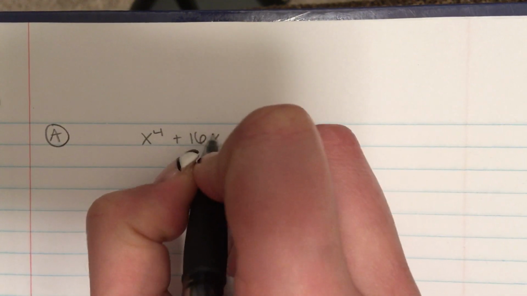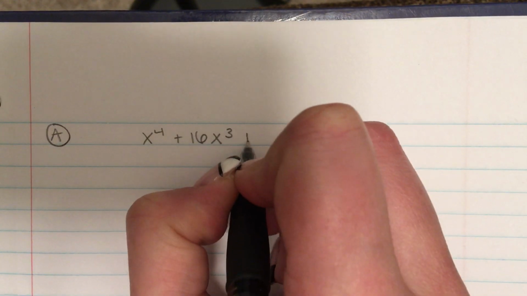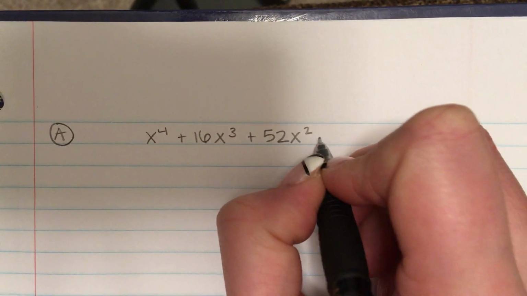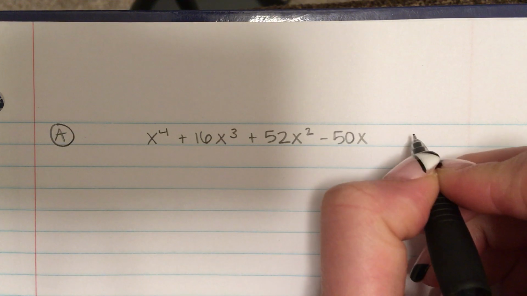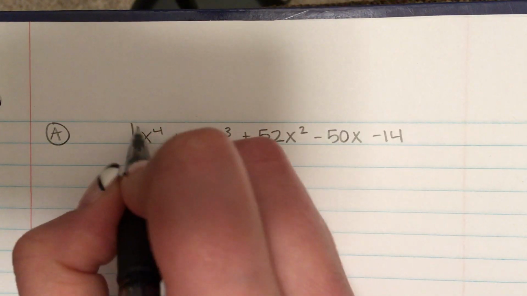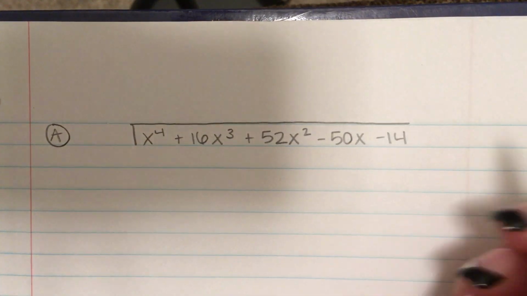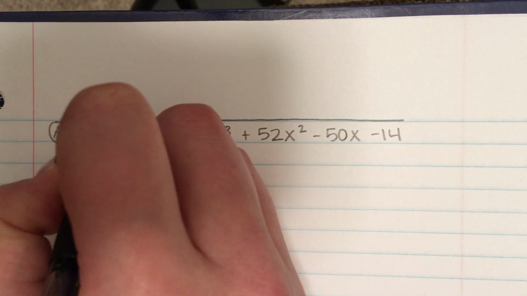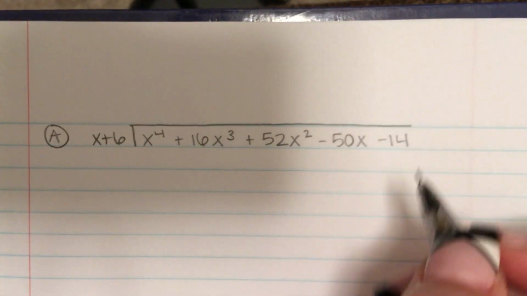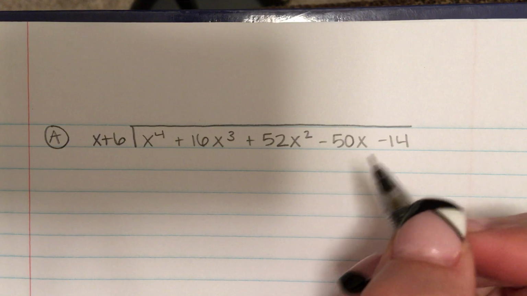All right, for card A, it says that we are doing x to the fourth plus 16x to the third plus 52x squared minus 50x minus 14, and that is all being divided by x plus 6. So the first question that you ask yourself when you're doing a polynomial long division problem is